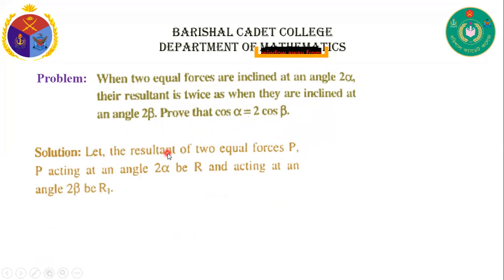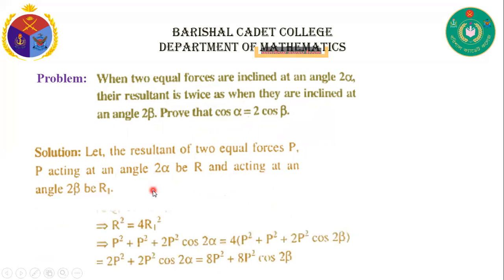It's the easiest problem. So let the resultant of two equal forces P and P acting at an angle 2 alpha be R, and acting at an angle 2 beta be R1. So R equals 2 R1, the resultant is twice the previous one, that is R square equals 4 R1 square. So from R square we can say that R square equals P square plus P square plus 2P square cos 2 alpha, at angle 2 alpha. And from R1 square we can say that R1 square equals P square plus P square plus 2P square cos